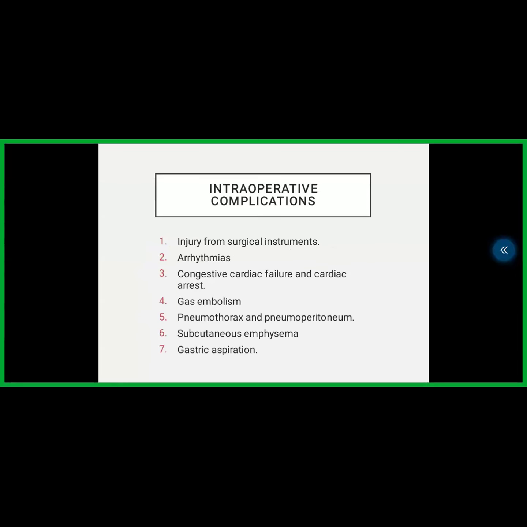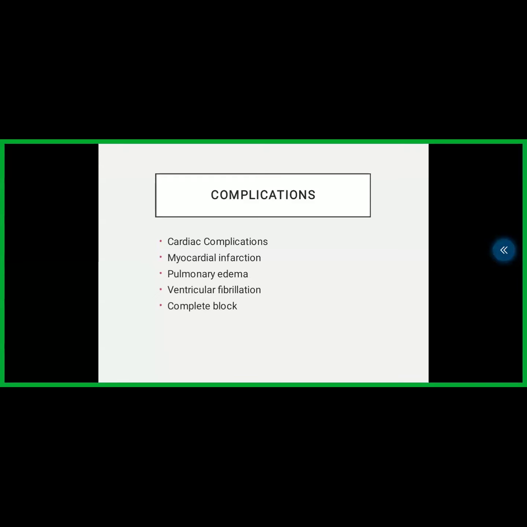There are complications from this surgery. The complications could arise from injury from the surgical instrument at the trachea. You could have bowel or visceral perforation. You could also have arrhythmias from the hypercapnia. You could also have congestive cardiac failure. You could have gas embolism in these patients. It could be pneumothorax and hemoperitoneum. The patient could have subcutaneous emphysema and also gastric aspiration. The patient could also have cardiac complications like myocardial infarction, pulmonary edema, basically from pulmonary hypertension, ventricular fibrillation, and